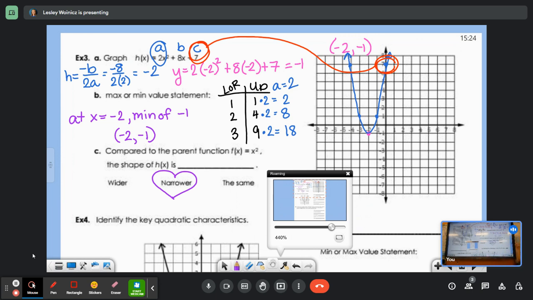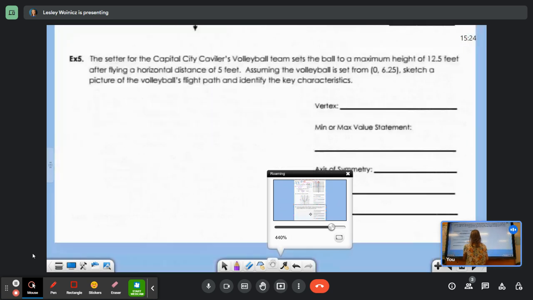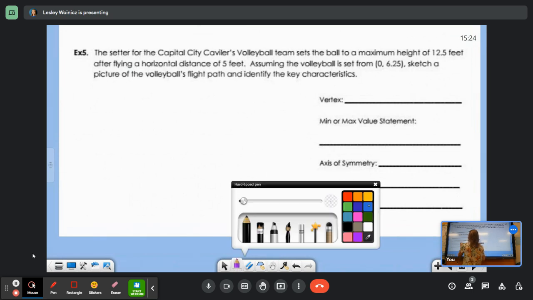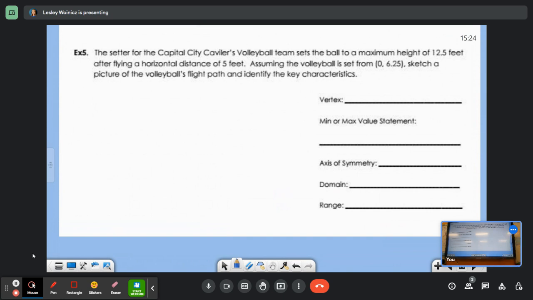Okay, any questions about this one? All right, we're going to skip over number 4 and do number 5 because I want to practice drawing pictures. We haven't done that in a minute, and I think we skipped the picture one the other day. Okay, so the setter for the Capital City Cavaliers volleyball team sets the ball to a maximum height of 12.5 feet after it has flown a horizontal distance of 5 feet. Assuming the volleyball is set from a height of 6.25 feet,